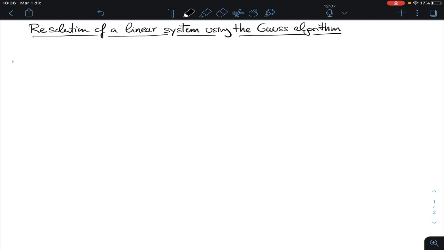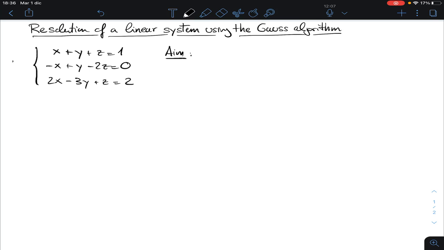So I take the linear system x plus y plus z equal 1, minus x plus y minus 2z equals 0, and 2x minus 3y plus z equals 2. So this is our linear system. You see it's a linear system of three equations in three variables, and we want to transform it into an upper triangular linear system. So the aim is to solve this linear system